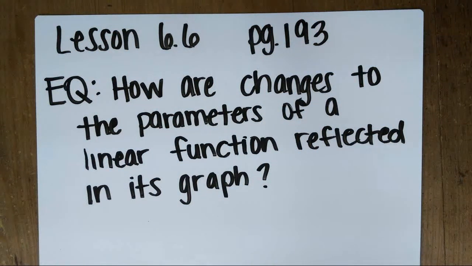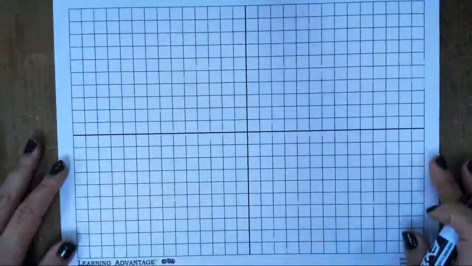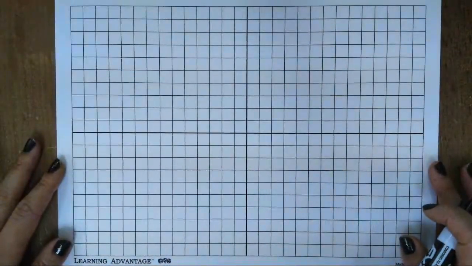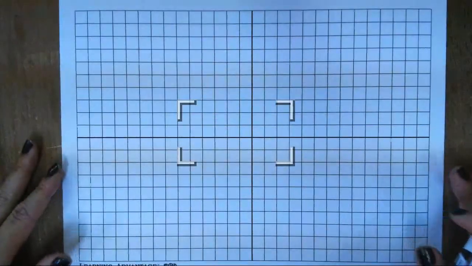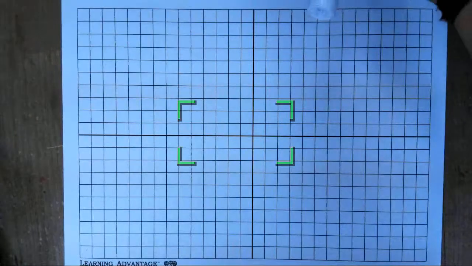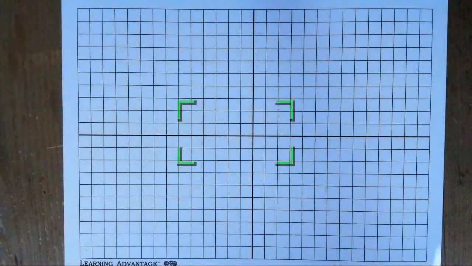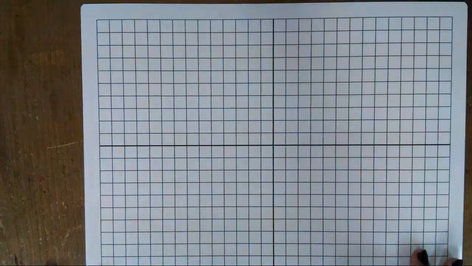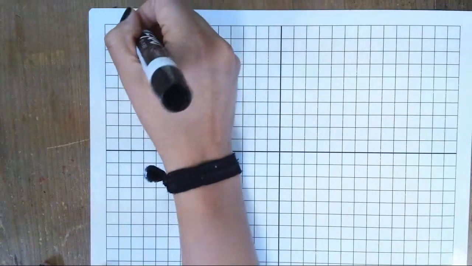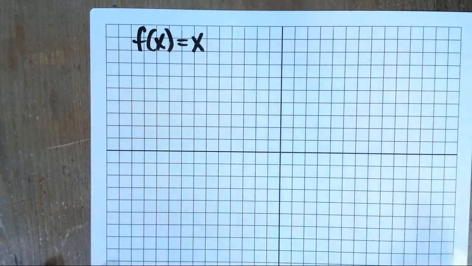And what does that graph look like once we've changed it? So I'm going to use a dry erase board that has a graph on it, okay? In this way, it makes it a little bit easier for us to start switching between some graphs. So first things first, if I have a regular function, let's say f of x equals x,